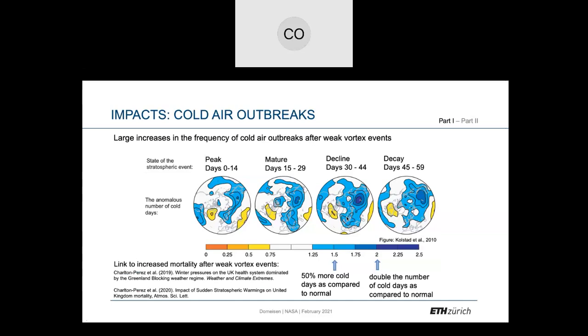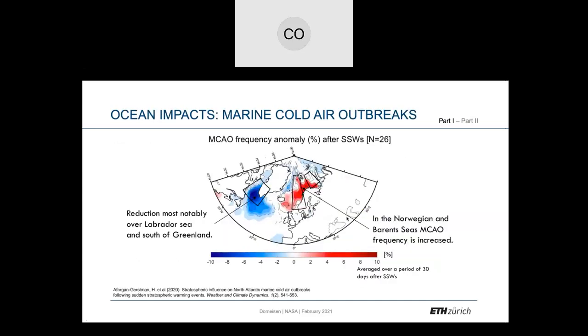This has impacts on real lives. So Andrew Charlton-Perez had a couple of nice studies where he actually looked at mortality. Turns out sudden warmings actually have real life consequences, where there are huge health impacts on mortality in the UK of these events. This isn't just the case on land. There's also impacts over the ocean. One thing we've looked at is marine cold air outbreaks. Marine cold air outbreaks are especially important in places over the ocean, especially in the Arctic Ocean, where there's lots of infrastructure that's being developed.